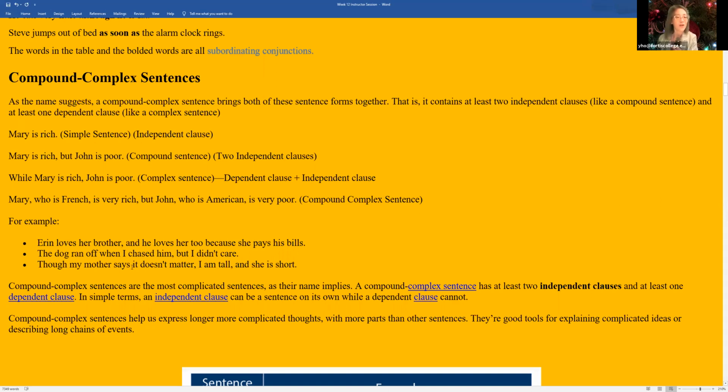The dog ran off when I chased him, but I didn't care. So "the dog ran off" would be one independent clause. Then you have the FANBOYS conjunction "but", and then you have "I didn't care", another independent clause. That makes it a compound sentence. And then when you add a dependent clause, "when I chased him", then this whole thing becomes a compound complex